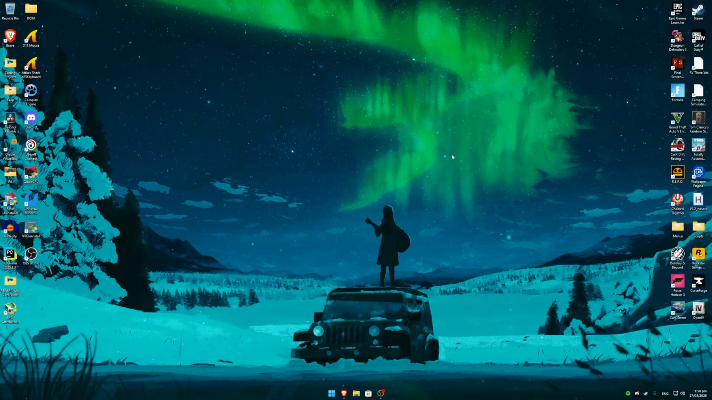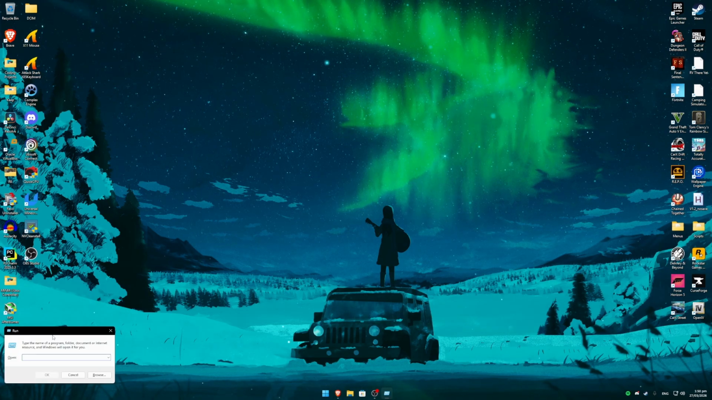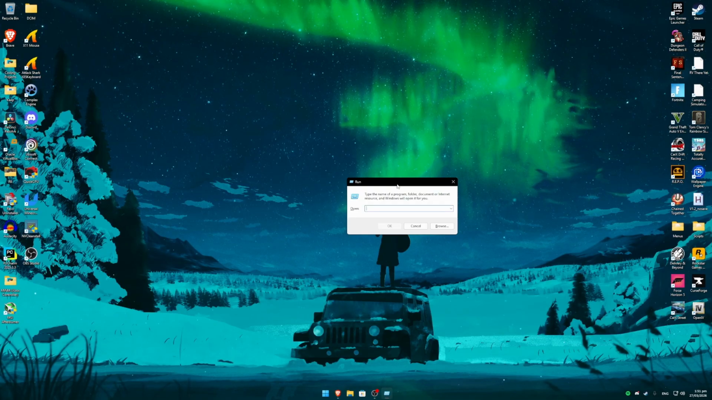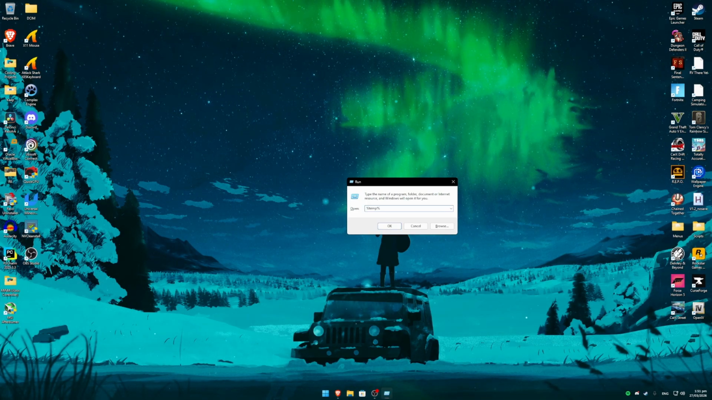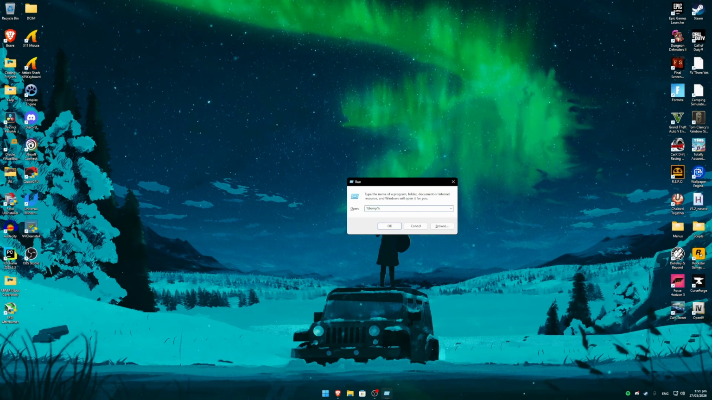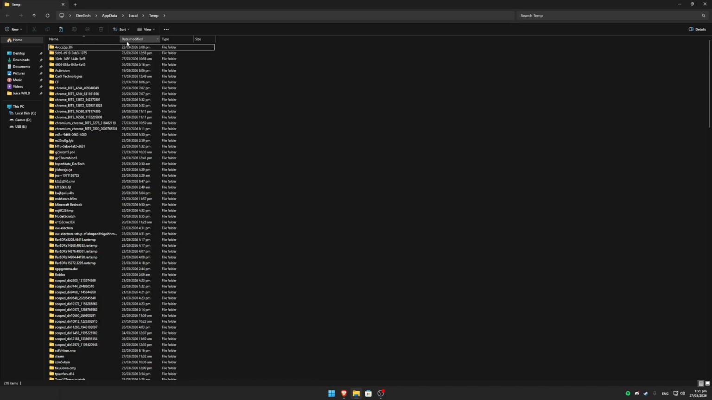So the first thing we're going to do is press Windows R on our keyboard, and this opens a run program. From here, we're going to type in %temp%, just like this. Now we're going to click enter or click OK. This will then open a file manager, and as you can see, we're in the path of AppData, Local,